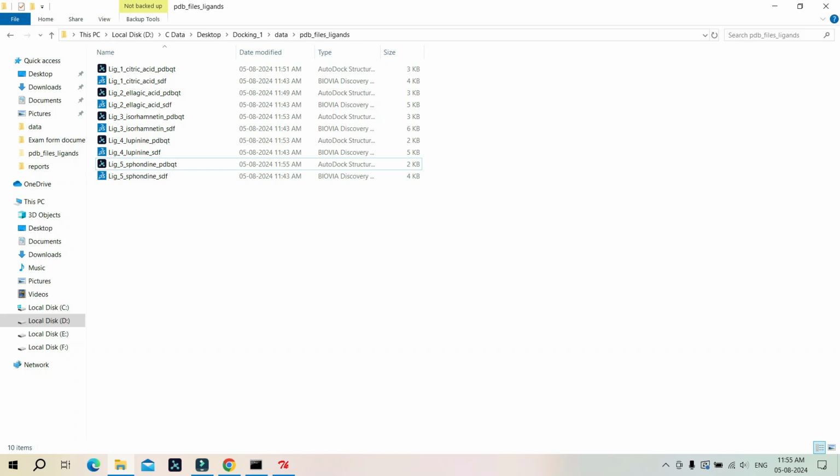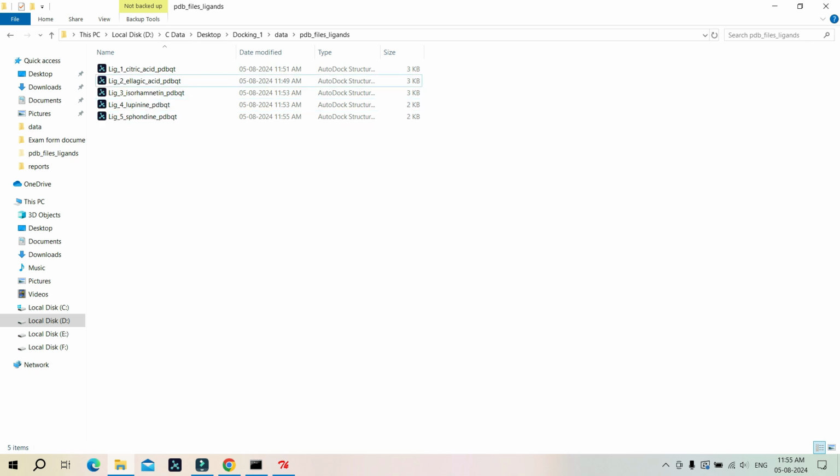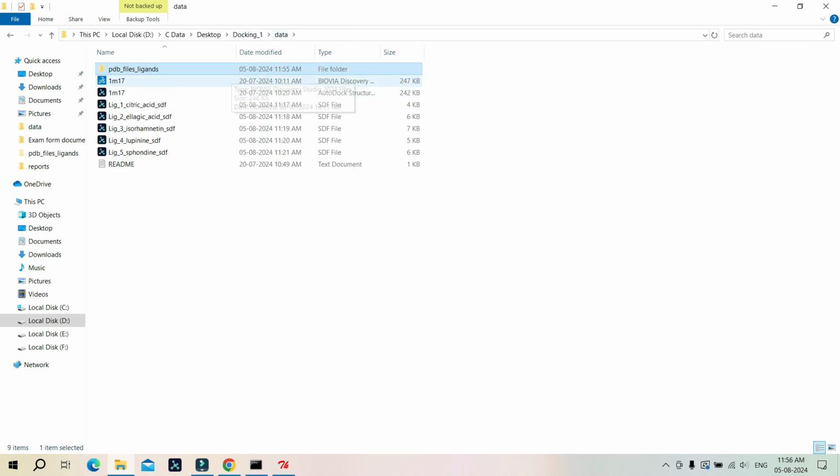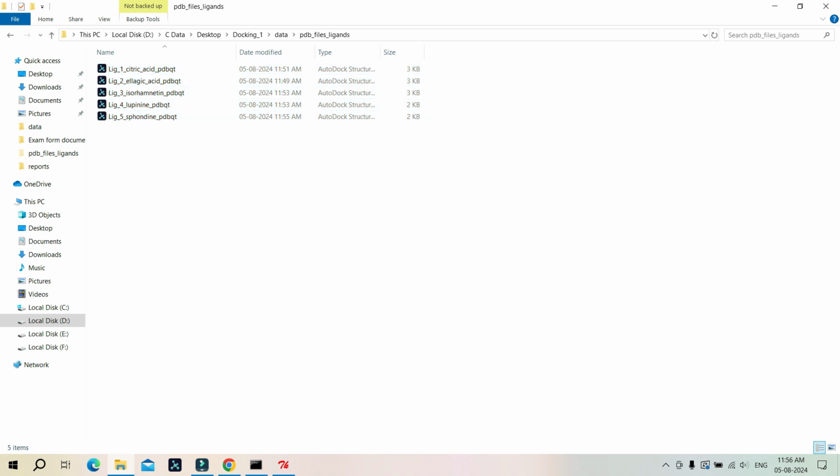Now we have finished converting our PDB files to PDBQT files. Now we will delete our intermediate PDB files to avoid storing unnecessary data. What we are left with are the PDBQT files for all of our ligands. So now we have finished our preparation of ligands, and all these ligands are ready for docking along with our protein. In the further part of the tutorial, we will dock this protein with all these ligands one by one,